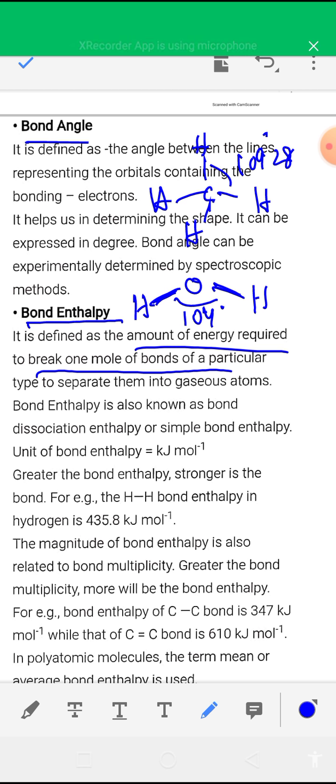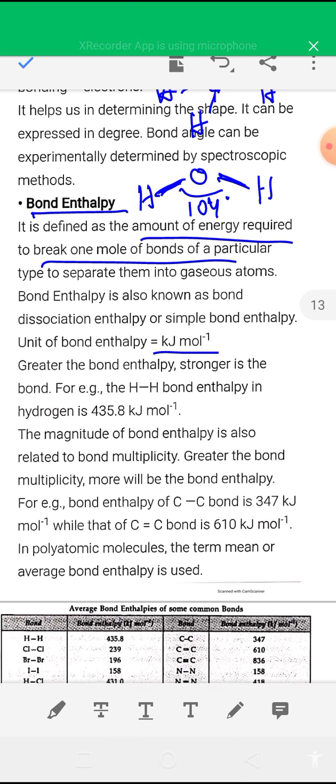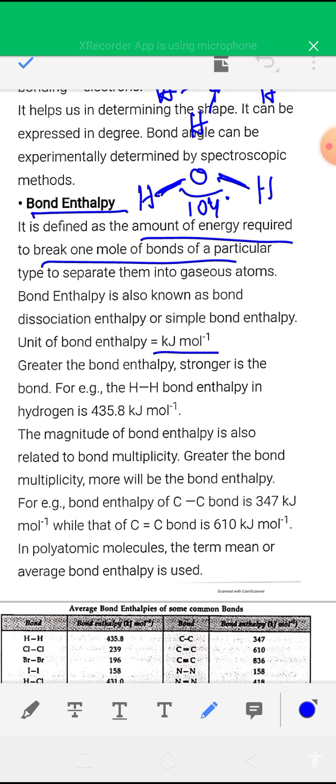Bond enthalpy is also known as bond dissociation enthalpy, and it is expressed in kilojoule per mole. Greater the bond enthalpy or bond dissociation energy, stronger is the bond. Remember this. For example, the bond dissociation energy between two hydrogen atoms in a hydrogen molecule is